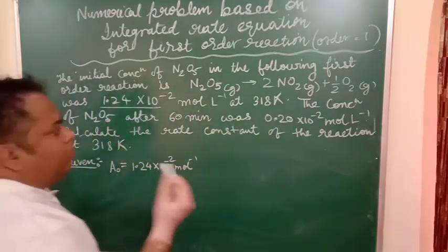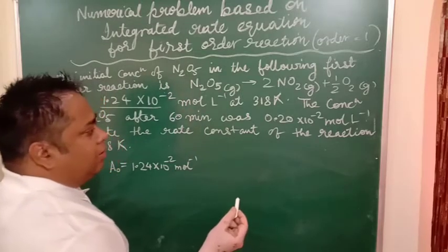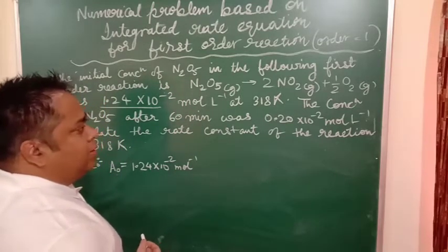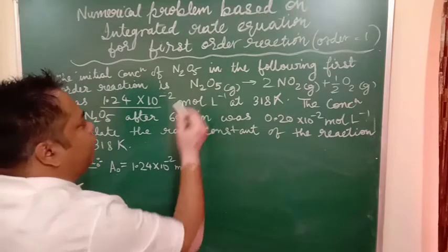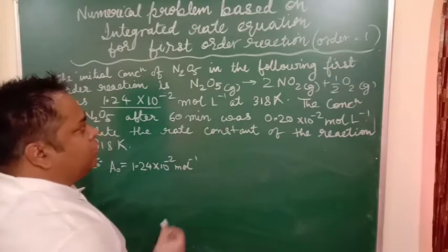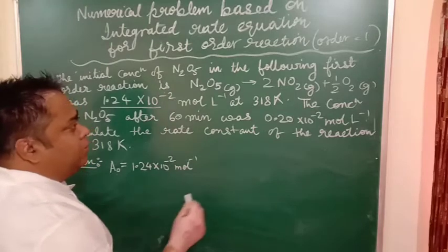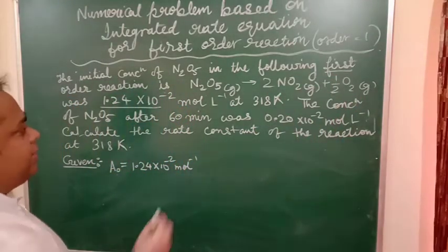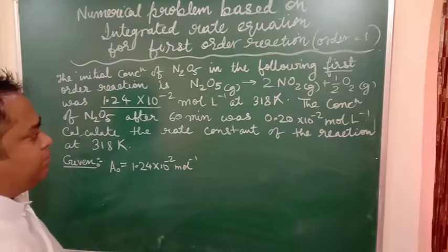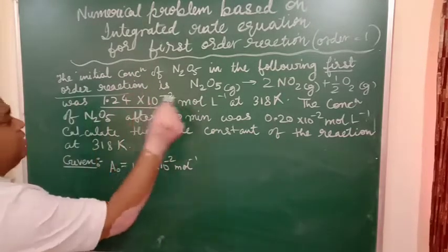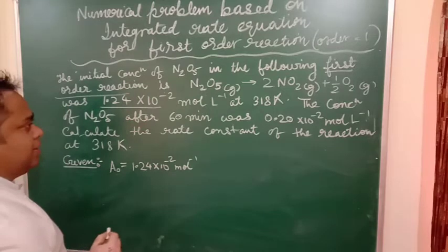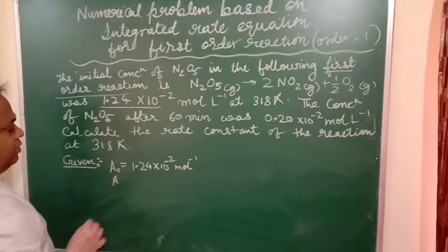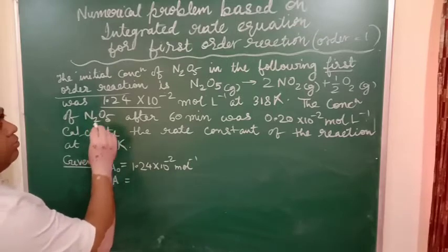Now from a problem also you can learn many examples. So if somebody asks you a one mark question, whether decomposition of N2O5 is a first order reaction or zero order reaction, from this numerical itself you will come to know that this is a first order reaction. Although in the textbook the example may not be given somewhere, in the problem this example is given. So from here you can learn that this reaction is a first order reaction, and that is how we enrich our memory bank.